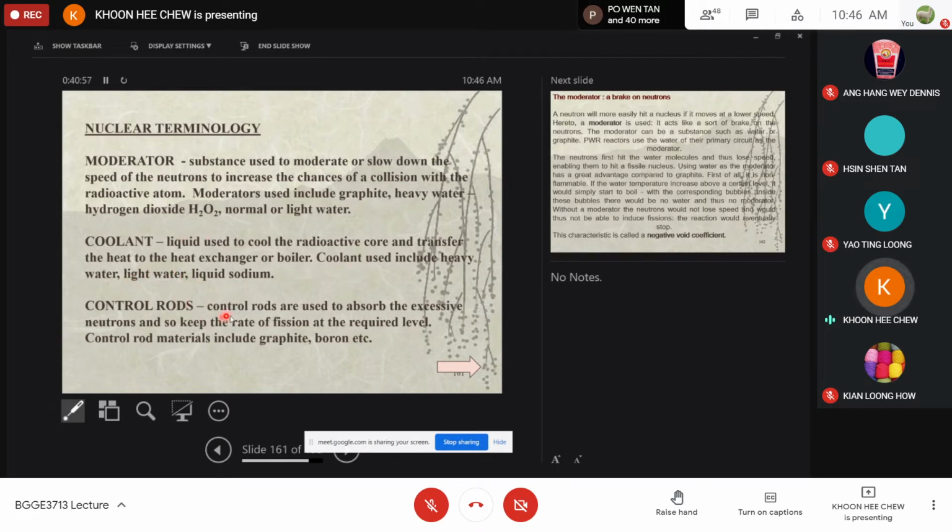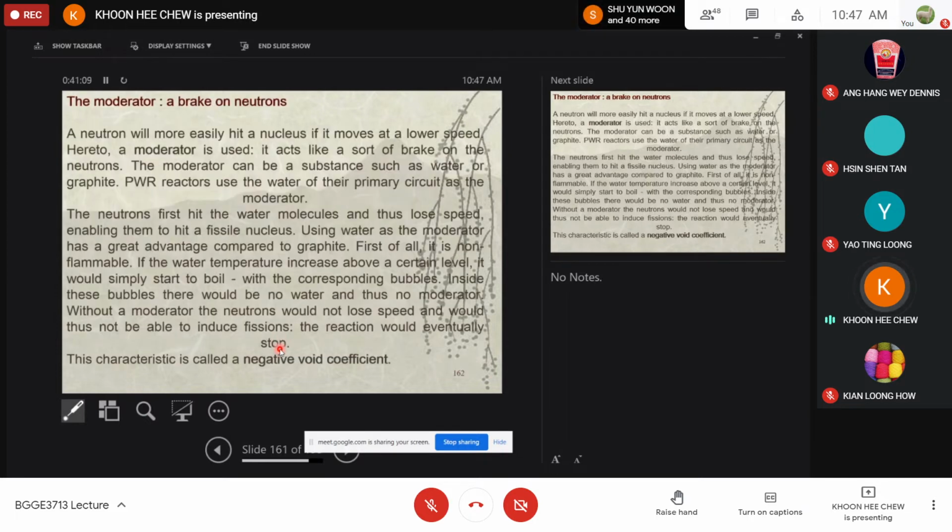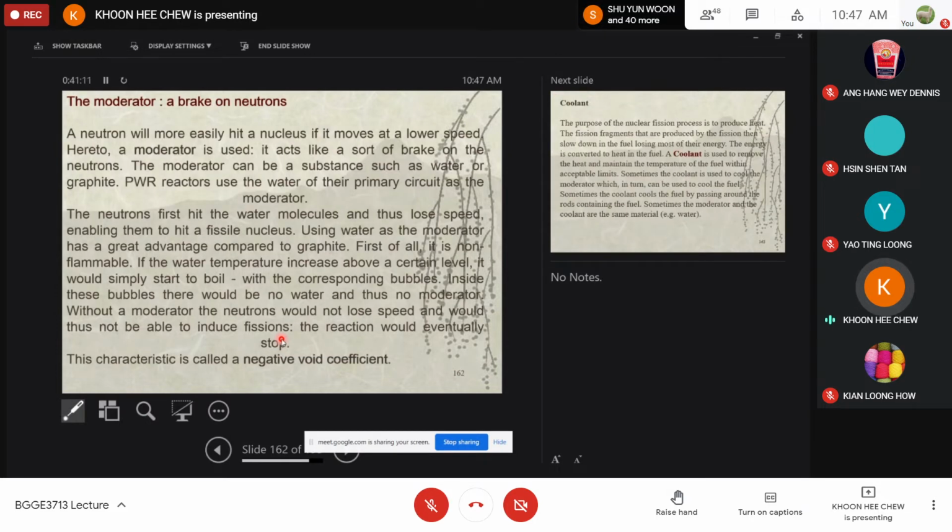The control rods are used to absorb the excessive neutrons and so keep the rate of fissions at the required level. And control rod materials include graphite, boron, and etc. Yeah. So now this is just a brief explanation about how